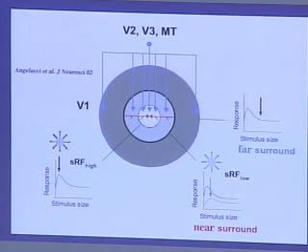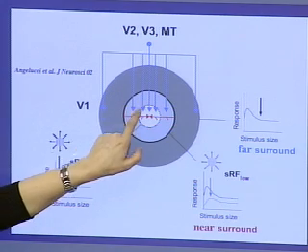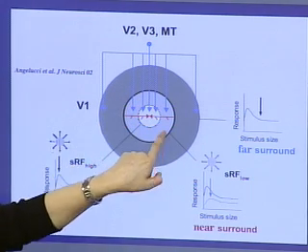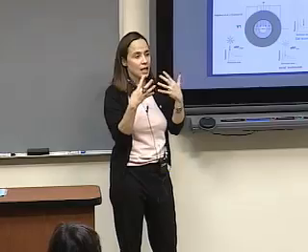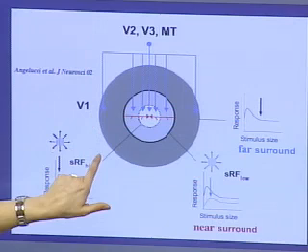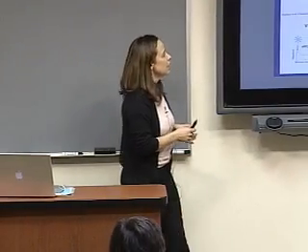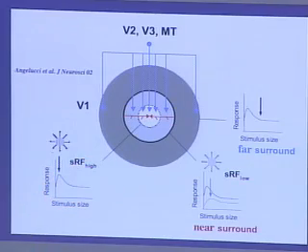And then what we find instead is that feedback connections are much more divergent, and they can match in extent the largest surround fields that we measured in V1. So based on this, we define two regions in the surround: a near surround region where both feedback and horizontal connections can interact to modulate the responses of neurons, and a far surround region outside it, which we think is predominantly dominated by feedback connections.